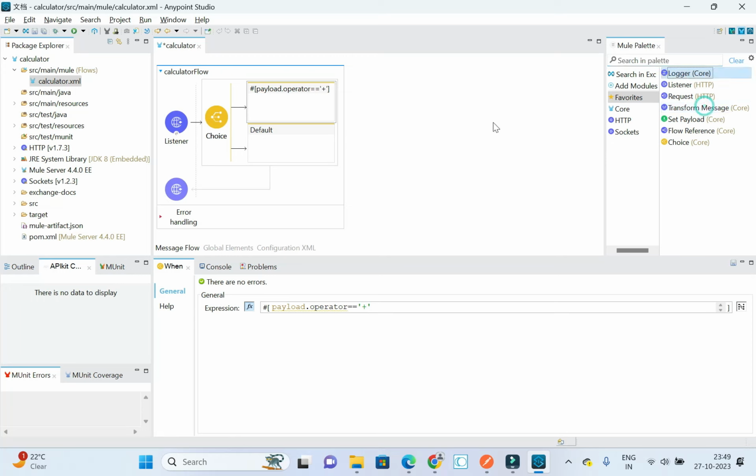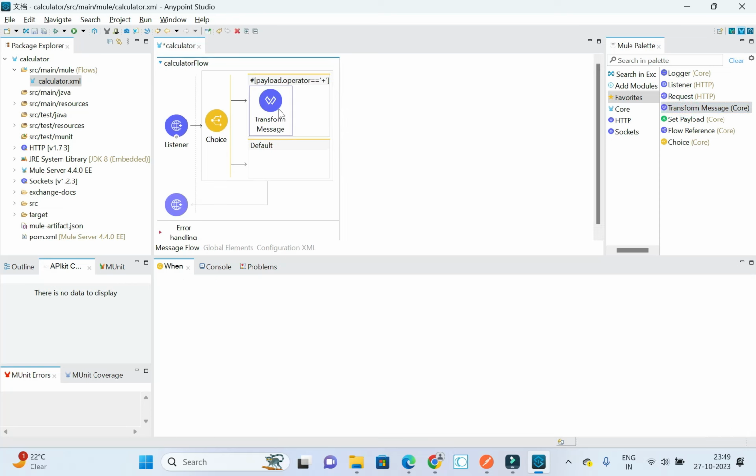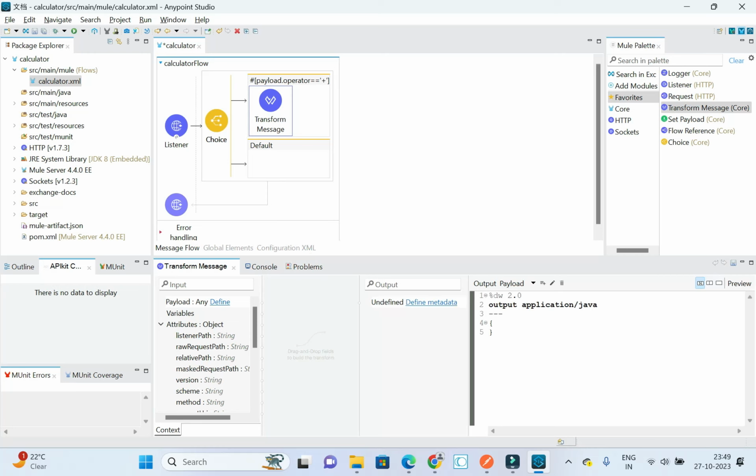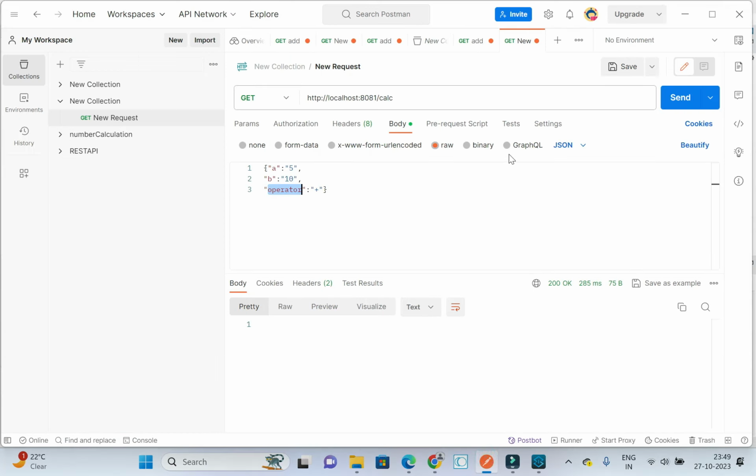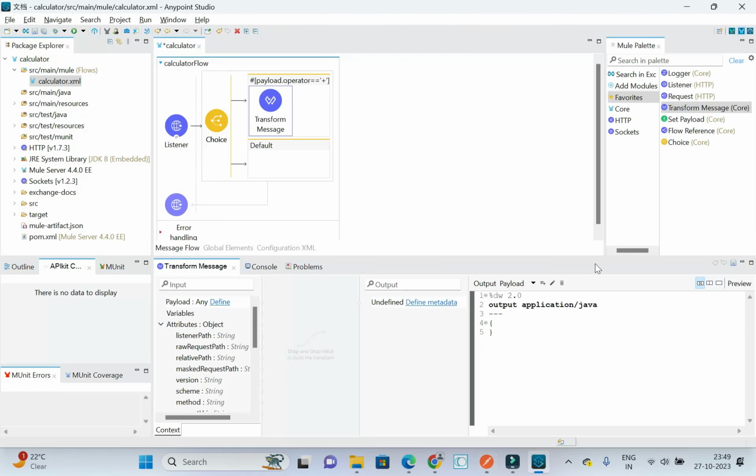So take this transform message and drag it here. Just click on this. Now come to payload. As we are sending JSON, we have selected JSON. Here replace Java with JSON, application/json. And what we need actually is an output variable